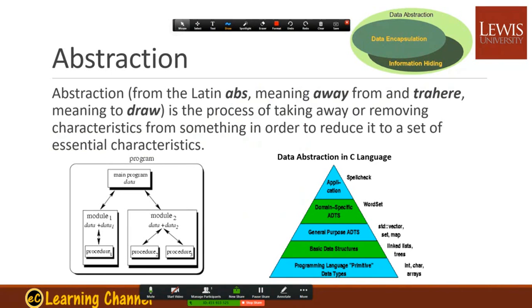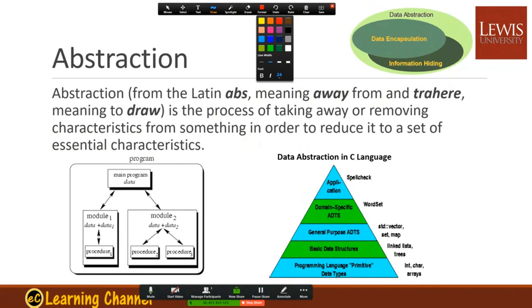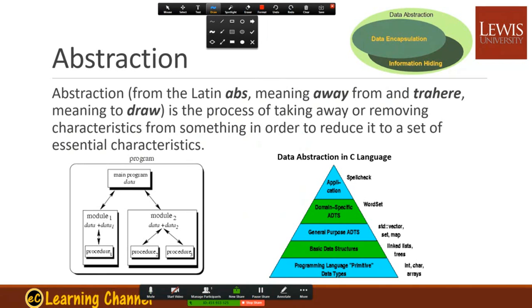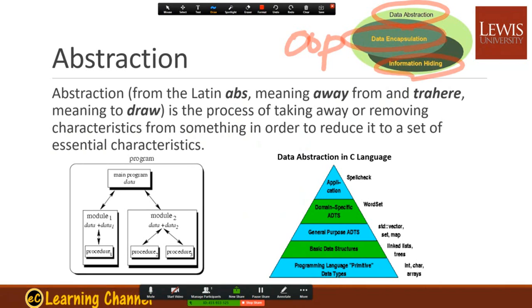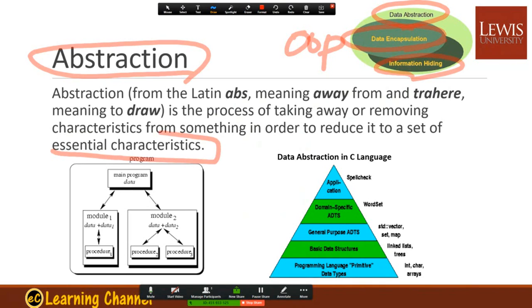But right here in this chapter, we mainly talk about data abstraction and information hiding, or data encapsulation. These are related to object-oriented programming. But the word abstraction basically tries to provide the key characteristics. So data abstraction in C language, including the lower level, is not abstracted, it's primitive data